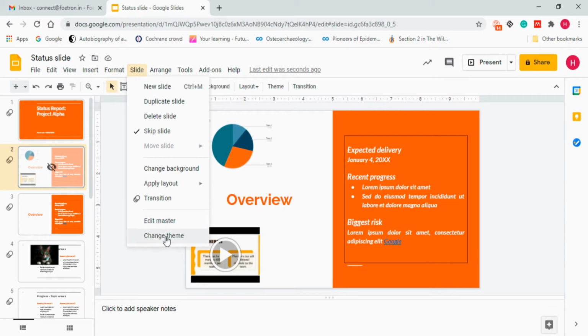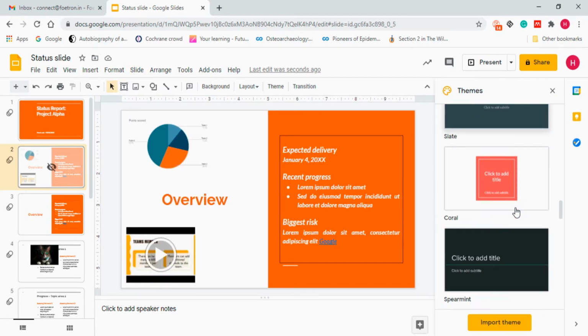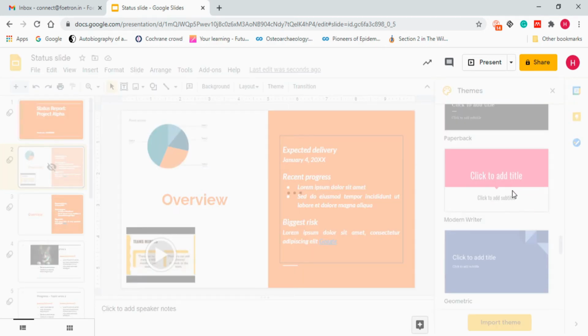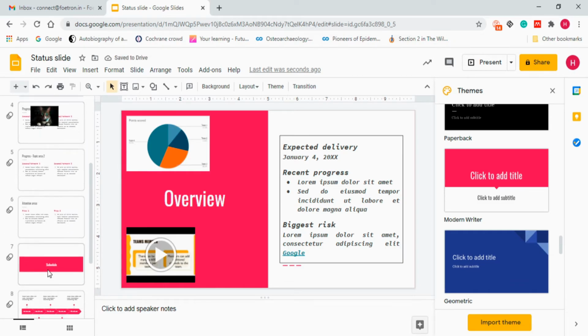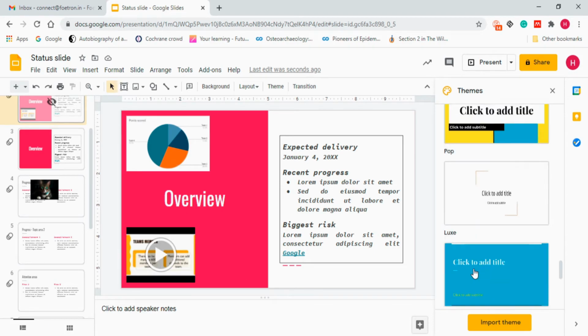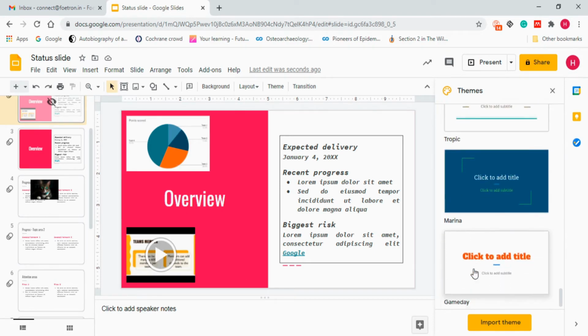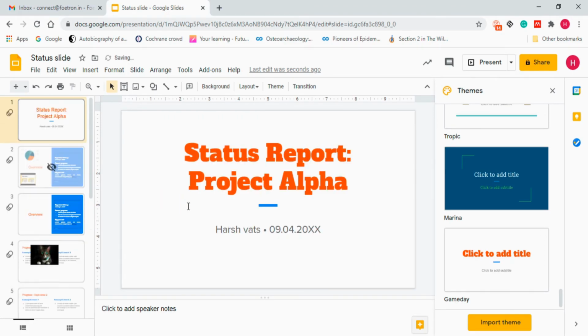After that, we have a change theme option. You can also change the theme of your slides. When I click on it, you will see there are multiple themes available to you in Google Slides. When you click on one, it will change the theme of all your slides. It's not just one. You can see how the changes have been done, because the section slides become section slides, and the font and the changes were all made according to the theme of your desired slide. Now, if I change to this, you can see the changes will happen in all the slides. Now, something looking like this will be seen in your Google Slides.